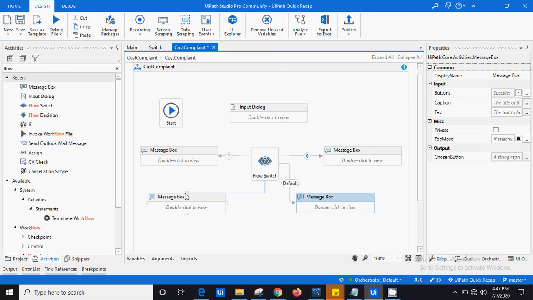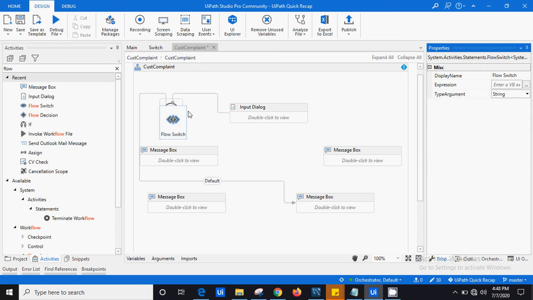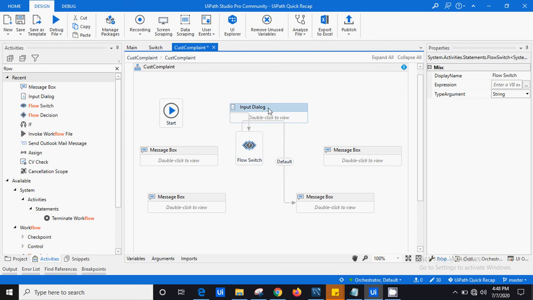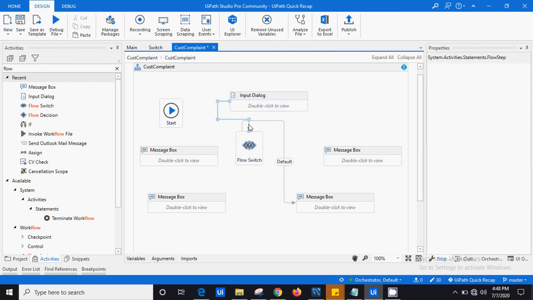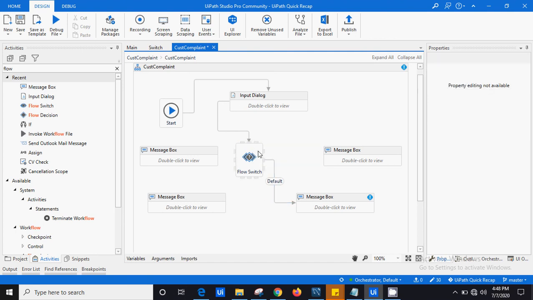Let's have this like this and create like this. Let me go here. I want to enter in the form of a string. Input dialog, let it be. This should look better now.